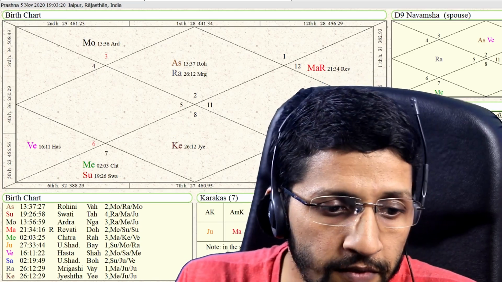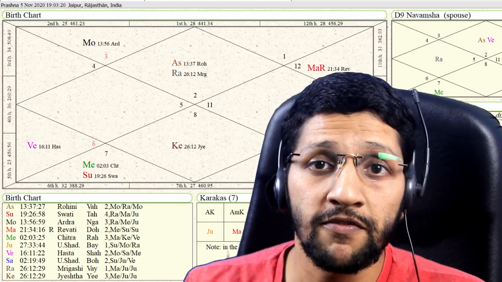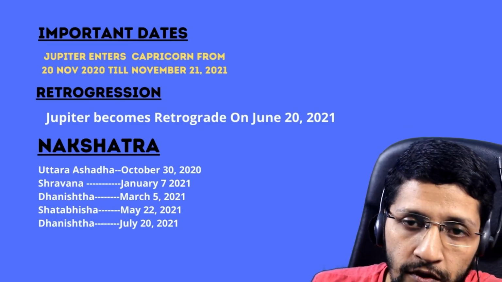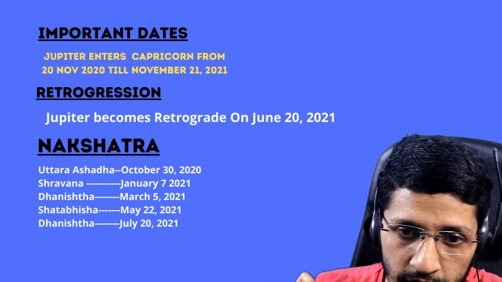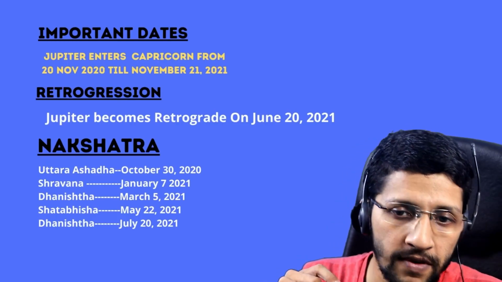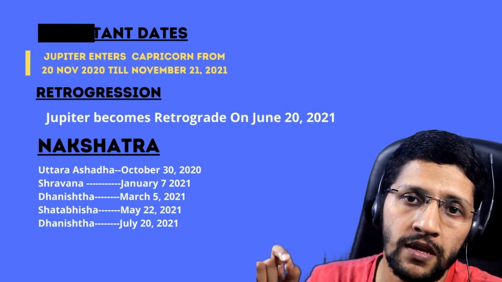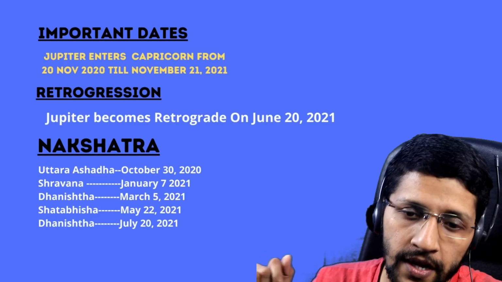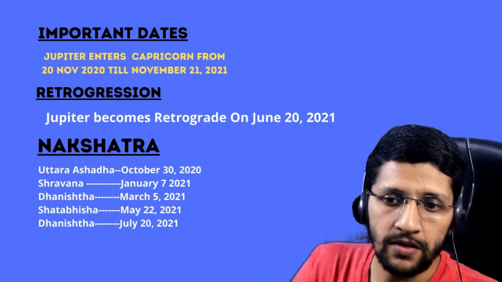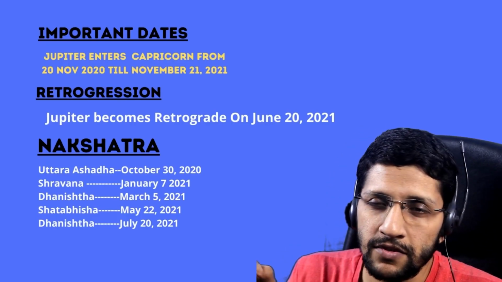But before that, we have to look at the important dates. The important dates for this transit: Jupiter is going to get into the sign of Capricorn on 20th November 2020, and it will be in the sign of Capricorn till November 21, 2021. Jupiter goes retrograde on June 20,